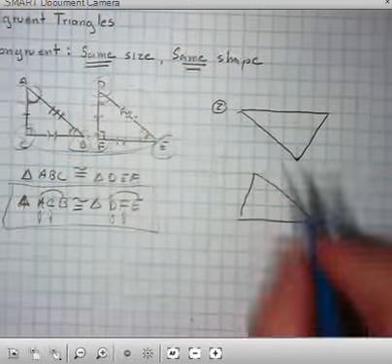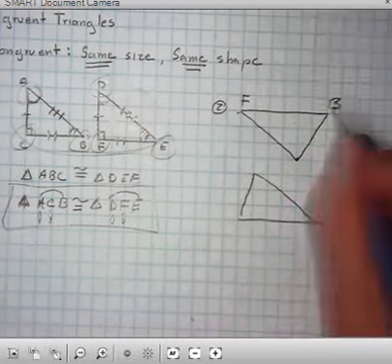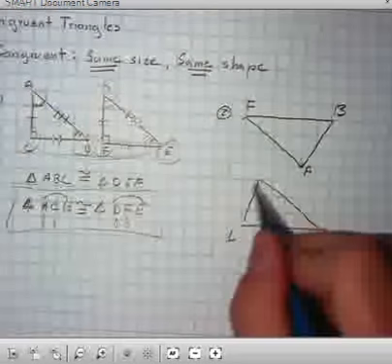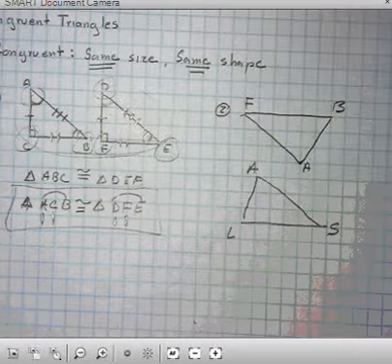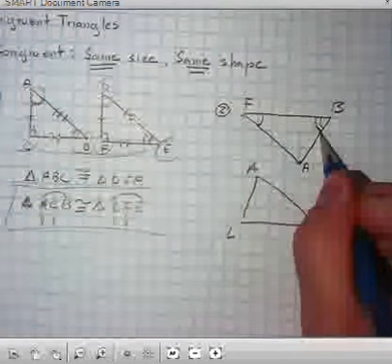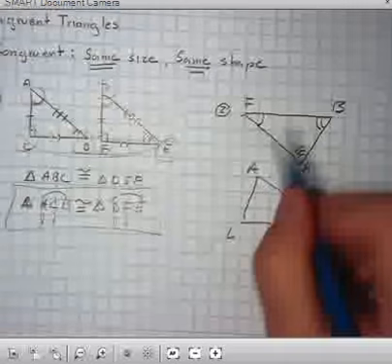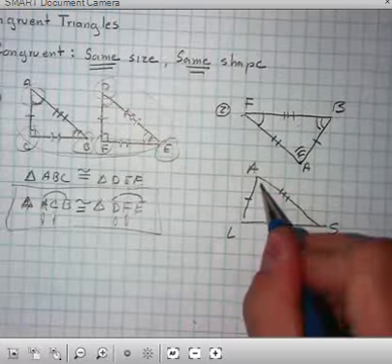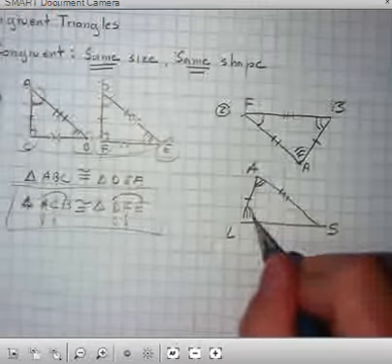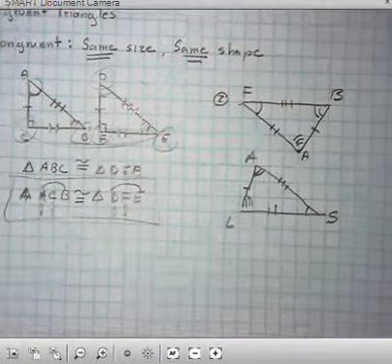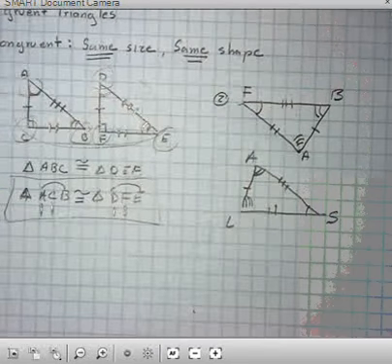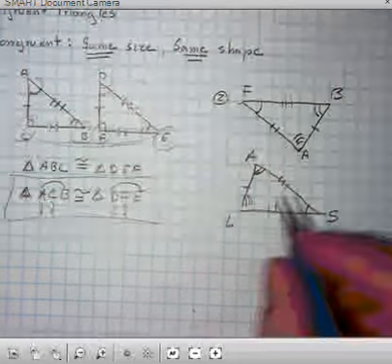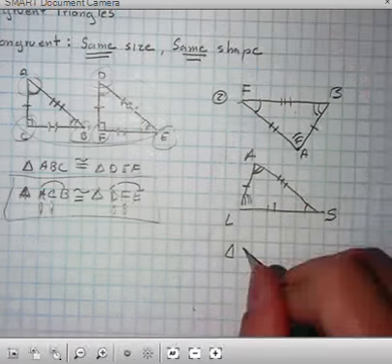And let's say it's L, A, S. Now, I don't think these triangles are exactly drawn to scale. Let's have triangle ABF